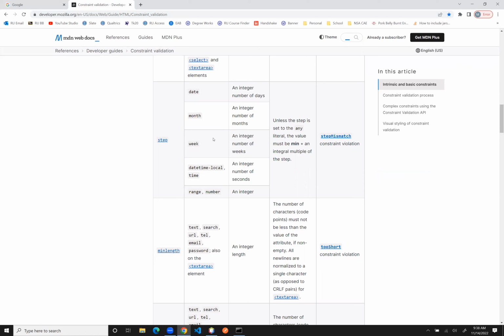So we're going to use an email. I don't love email. Number is the one we're going to care about. We have telephone. It can actually match a telephone number. You can actually get specific. You want to use a US number with a country code or no country code, you can actually remove those things out of the URL. There are more dates and color pickers, but the two we care about because we're students